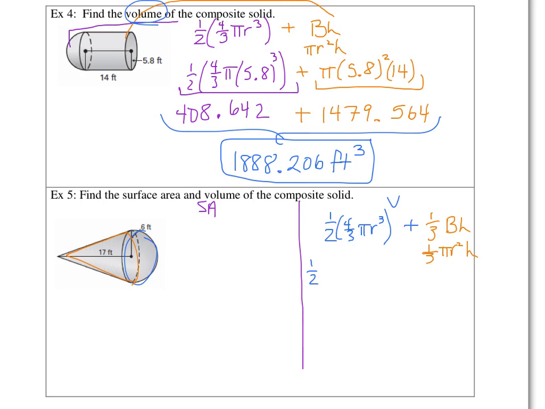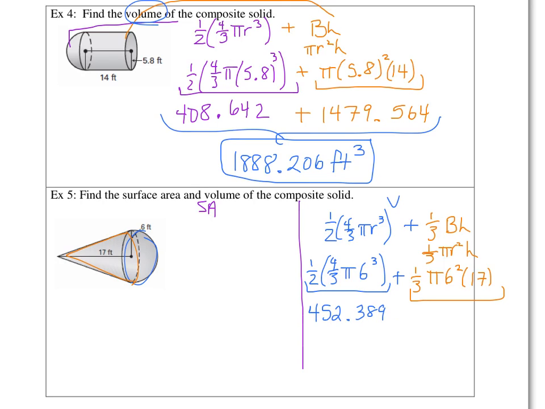All right, so let's plug these numbers in. So we have 1/2 of 4/3 pi. The radius is 6, so 6 to the third power. And then for my part in orange, I've got 1/3 pi. My radius again of my cone is still the 6. So 6 squared. My height of the cone is the 17. All right, so when I combine these different numbers together, the first one I get is